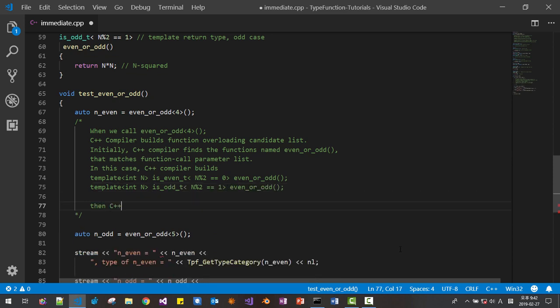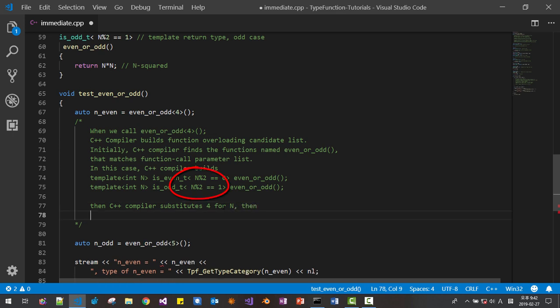Then the C++ compiler substitutes this number for n. Then the template for is_even_t: if 4 is substituted, this value becomes 0, 0 equals 0.